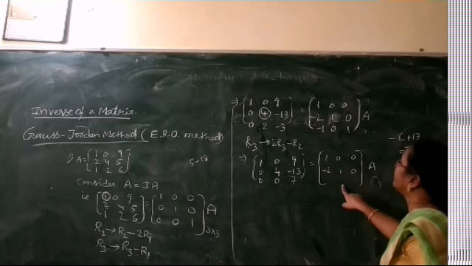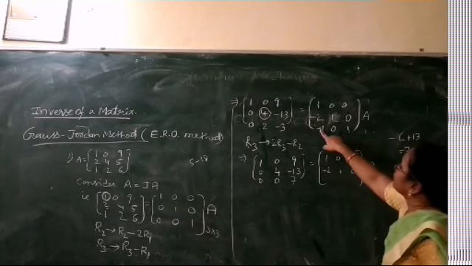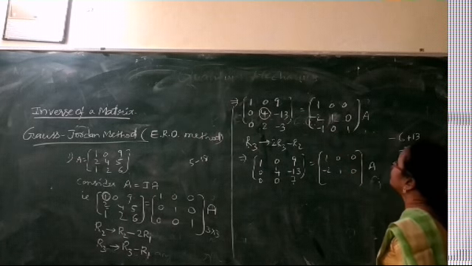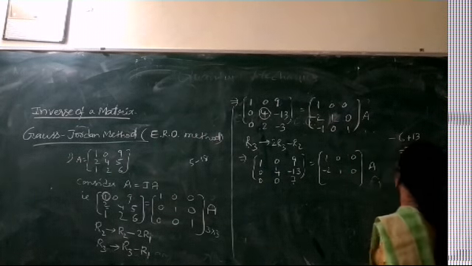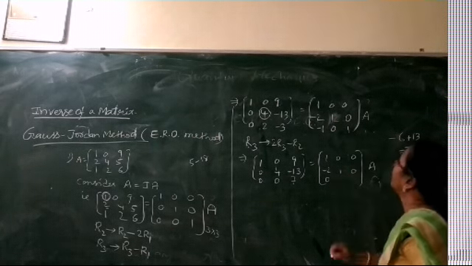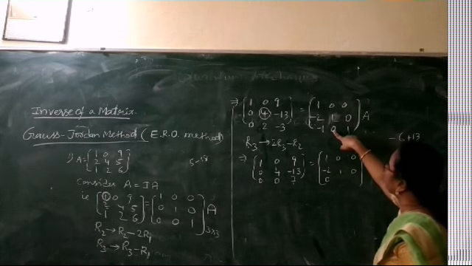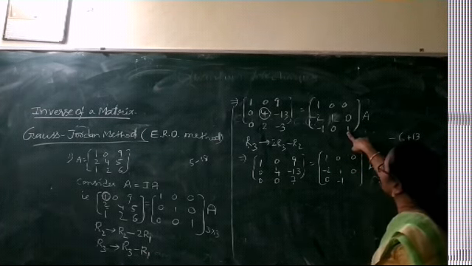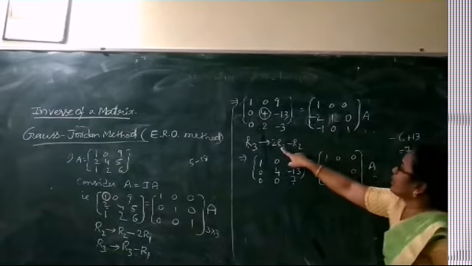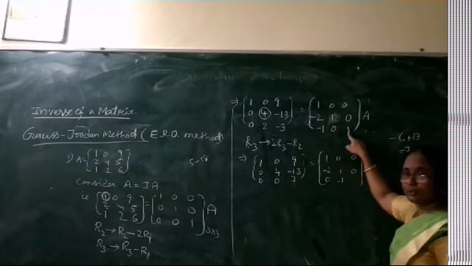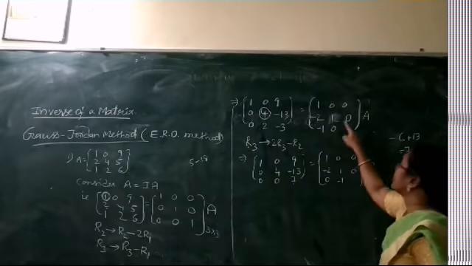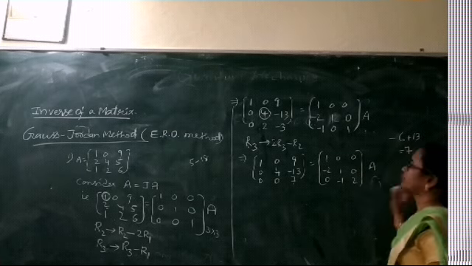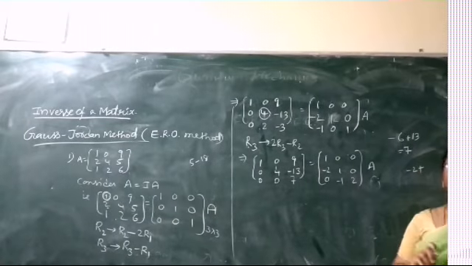Similarly on the right hand side we have 2 times R3. 2 into minus 1, we have minus 2. Minus of minus 2 is plus 2, becomes 0 here. Next it is 2 zeros, 0 minus 1, so minus 1. Next it is 2 into 1 here, because it is 2R3. So 2 into 1, 2. Minus R2 means 0. So it is 2 here. This is our second round of the method.